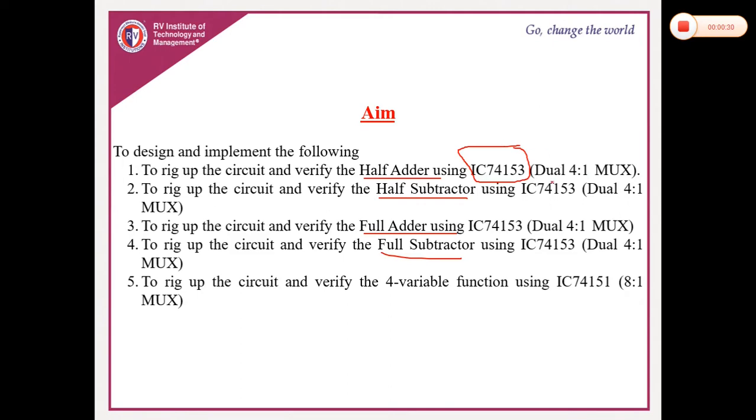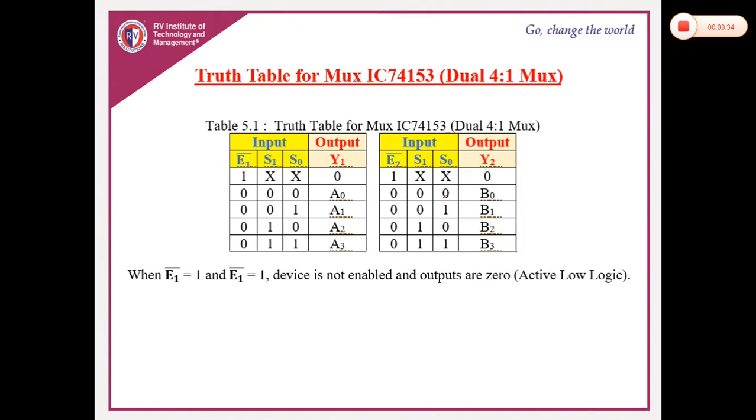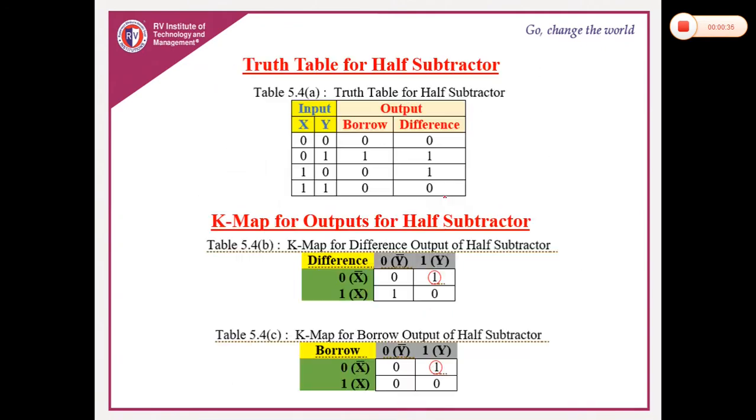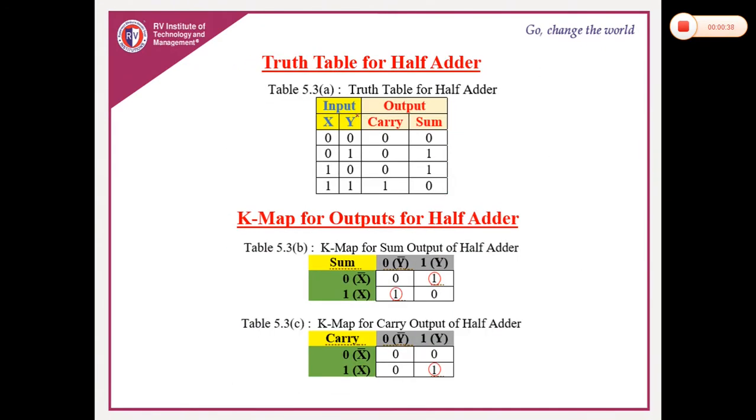It is a dual 4:1 multiplexer IC. So first and foremost, we'll try to implement half adder. Already we saw the half adder truth table. Please remember this. X and Y. Sum output is 0 1 1 0. So if I take one IC, I already told you we have a 4:1 multiplexer and another 4:1 multiplexer. What I will be doing is, the top 4:1 multiplexer, where we will be getting one output.